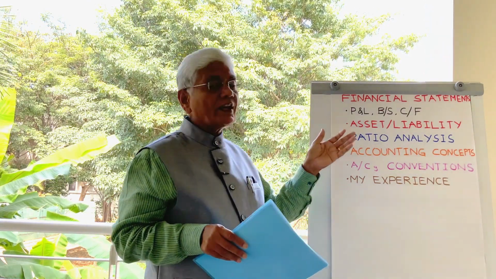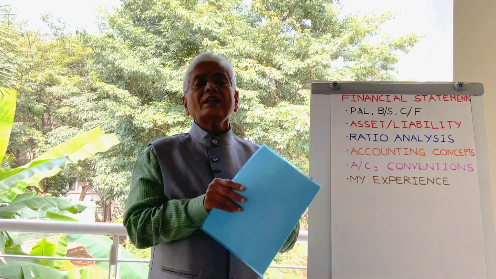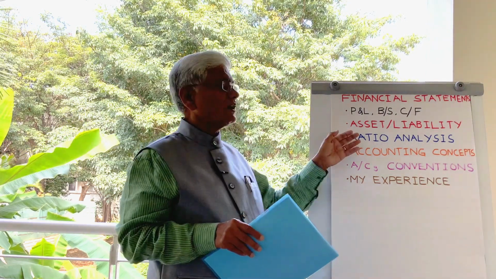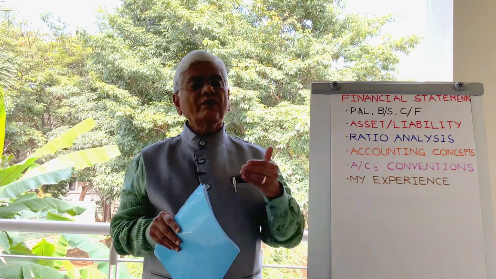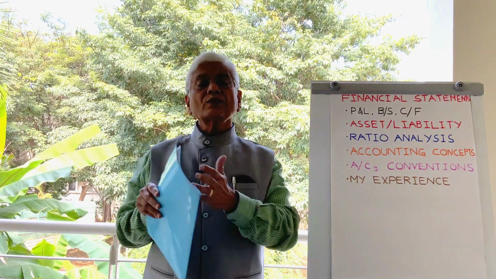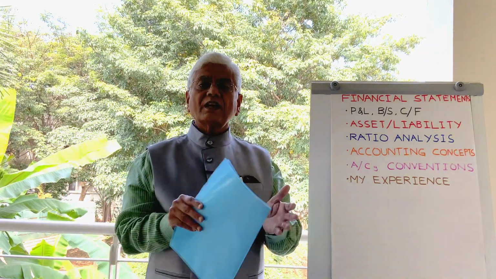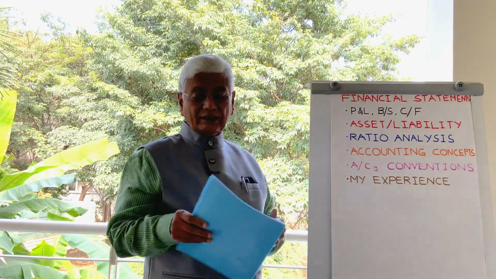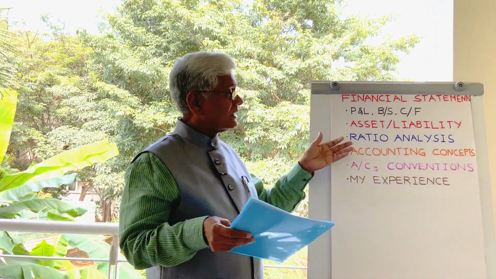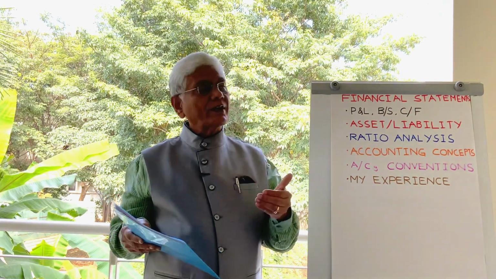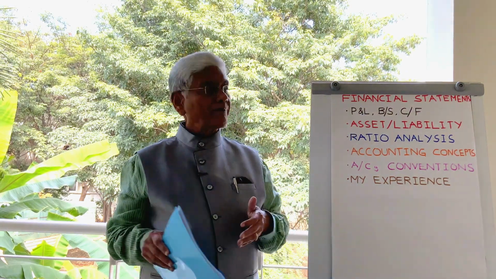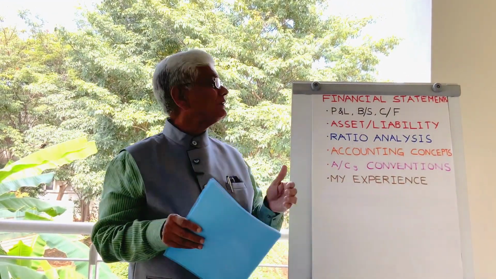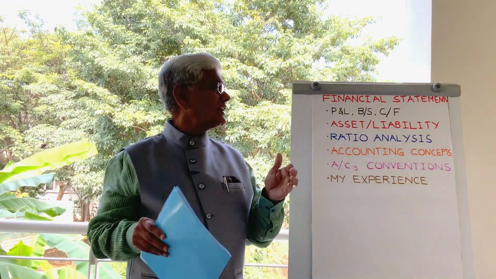Third one is called liquidity ratio. Current assets, how much you have compared to current liabilities. Normally a ratio of 2:1 indicates the kind of liquidity. Or quick assets to current liabilities. Quick assets are current assets without the inventories. The next ratio is return on investment, how much profit you made compared to investment. Like that, many ratios are made to indicate the health of the financial status of the organization.